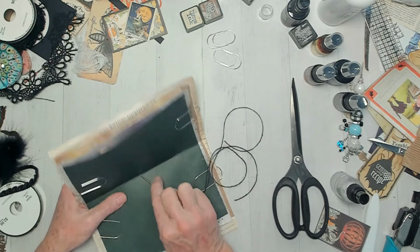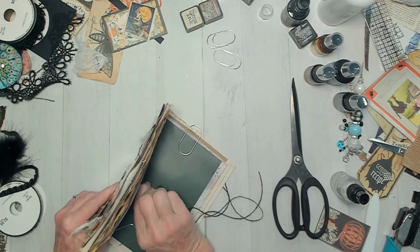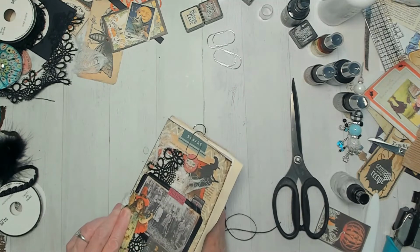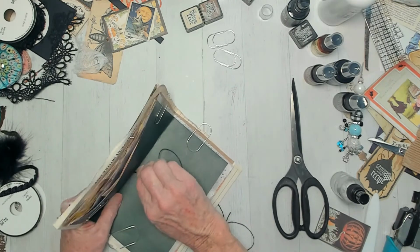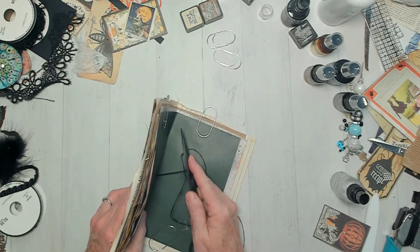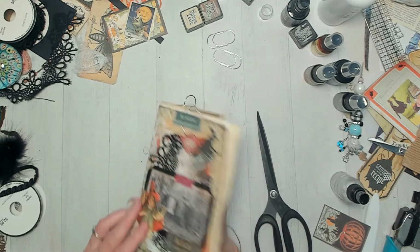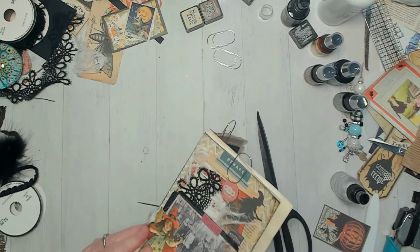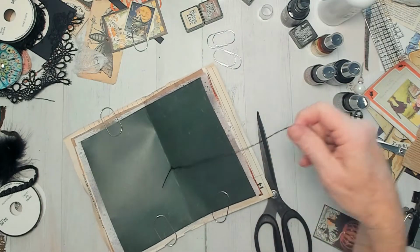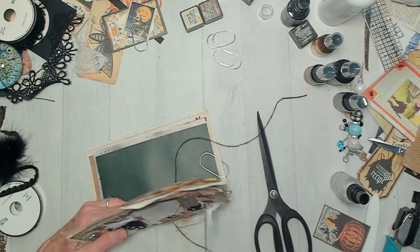So this one goes through first, right through, and it is pretty thick in here. That's a thick paper. There we go. Really push it. That's why we need a big needle. Just leverage on it so I don't hurt myself. Work it through. There we go. Pull it through. Okay. There. Okay. Now then, I'm going to go